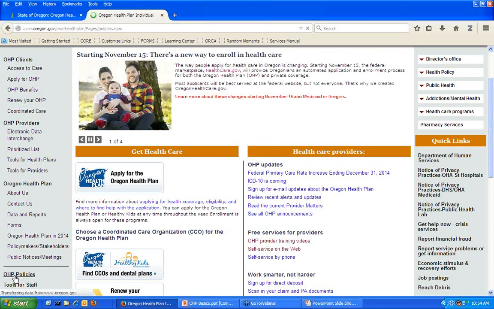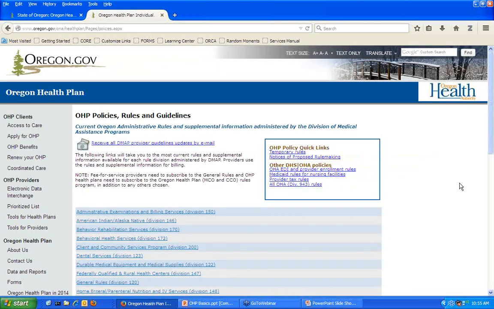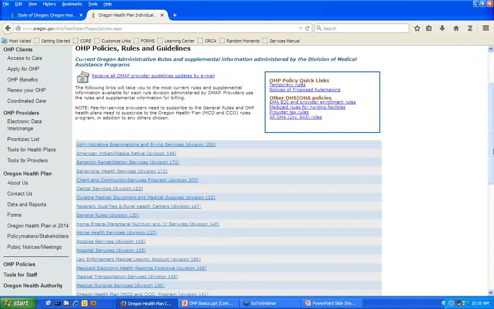Let's go ahead and click on that, actually, just so I can show you. They are listed by program. So you'll see the general rules. We talked about that quite a few times. Every provider is subject to the general rules, so do make sure you take a look at that rule book. It does explain benefit plans, what's covered or not covered under each, any limitations, that type of thing. And then you would also be subject to whatever other rules according to your provider type.